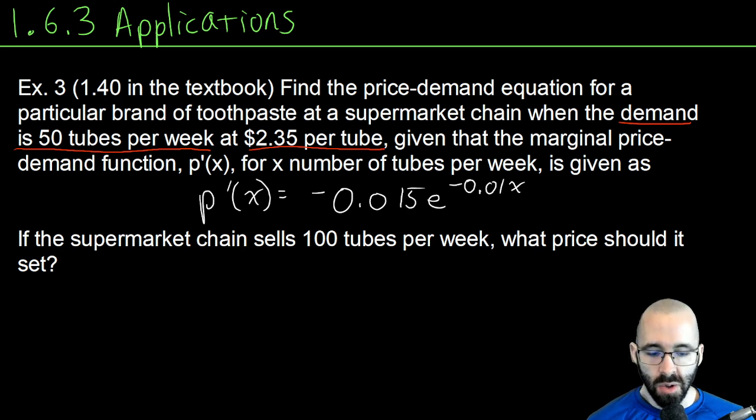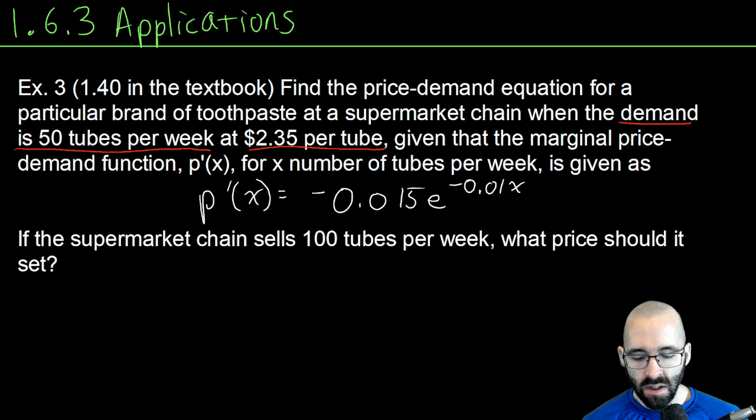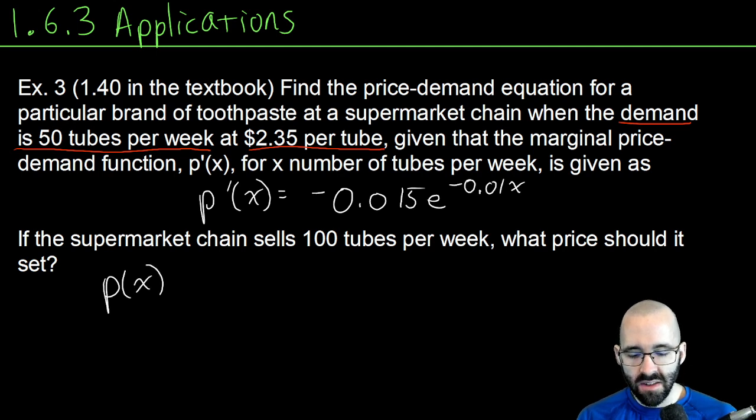Then there's a part 2 of the question. Part 1 is find the equation. Part 2 is what should the price be if they want to sell 100 tubes in the week. First we have to find P. P is the antiderivative. If P prime is the marginal price-demand function and marginal is the derivative of P, we need P of x, so it'll be the antiderivative of P prime,